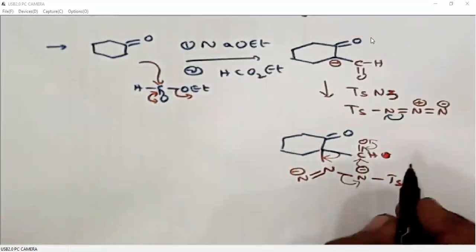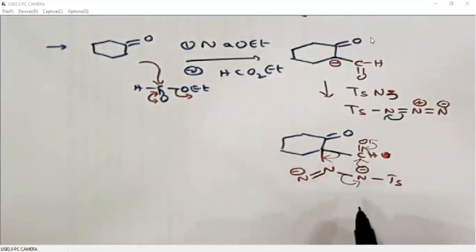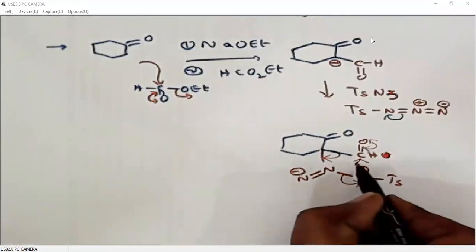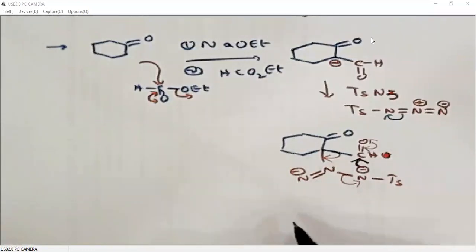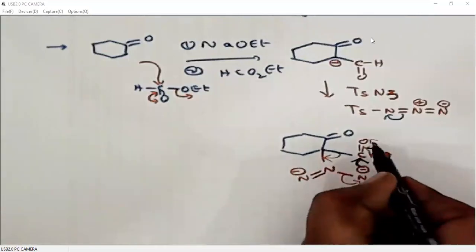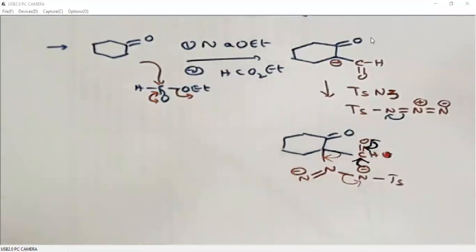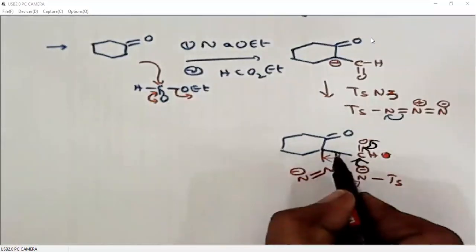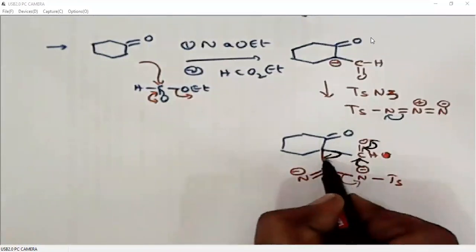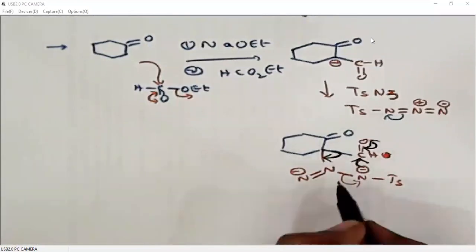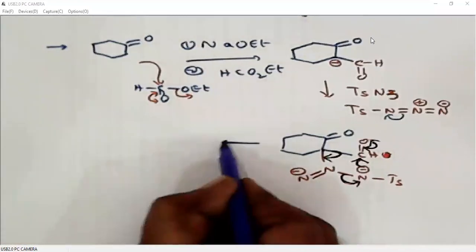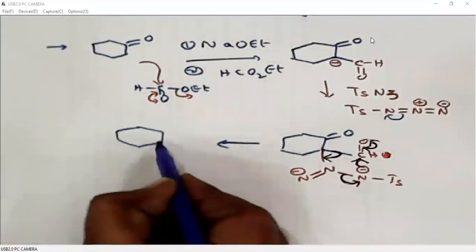I think I'll again tell you how it is generating. The negative charge on nitrogen will attack on aldehydic carbon. Of course, whenever there is an addition to C double bond O, C double bond O will immediately break. Then again it will form. So then this carbon carbonyl bond will break down and it will polarize towards azide. Okay. Then this nitrogen nitrogen bond will break down. So what we are getting? We are getting alpha diazo system.